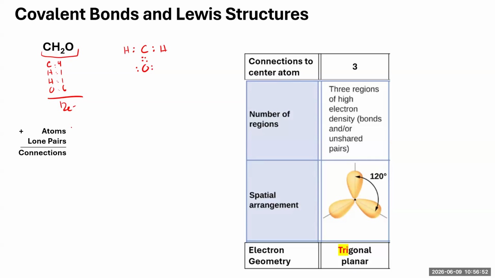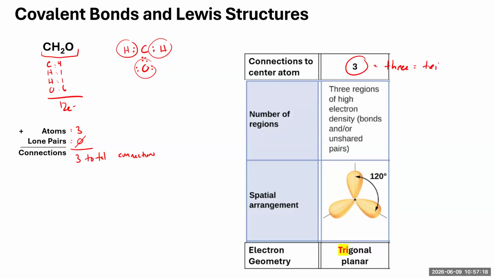All right, let's count the atoms connected. Well, we have hydrogen, hydrogen, and oxygen. So we have 3 atoms. We have 0 lone pairs. So we have 3 total connections. So if we have 3 connections,